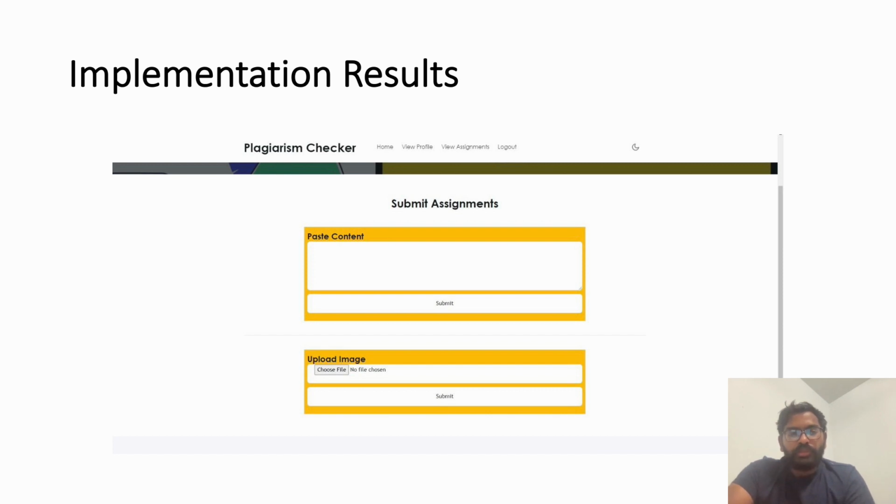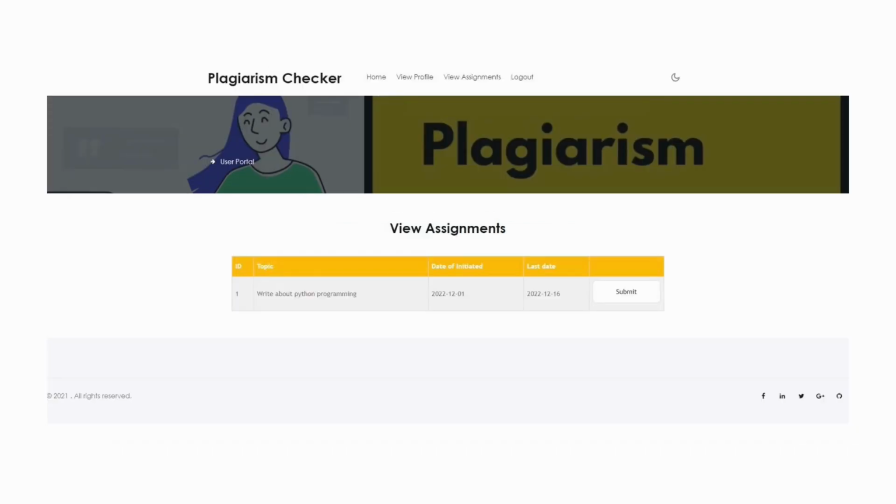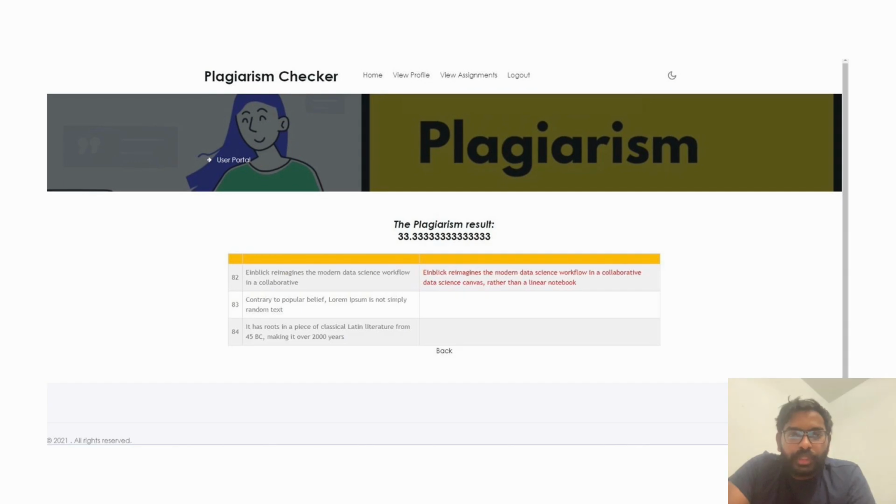the student logs in, it will show all the assignments that he was assigned, along with the deadline. So when the student clicks on the submit button, it will give him two options, either to copy and paste his text, or take an image of his work and upload the image. This time we are supporting both of them, and once he uploads and clicks on the submit button,